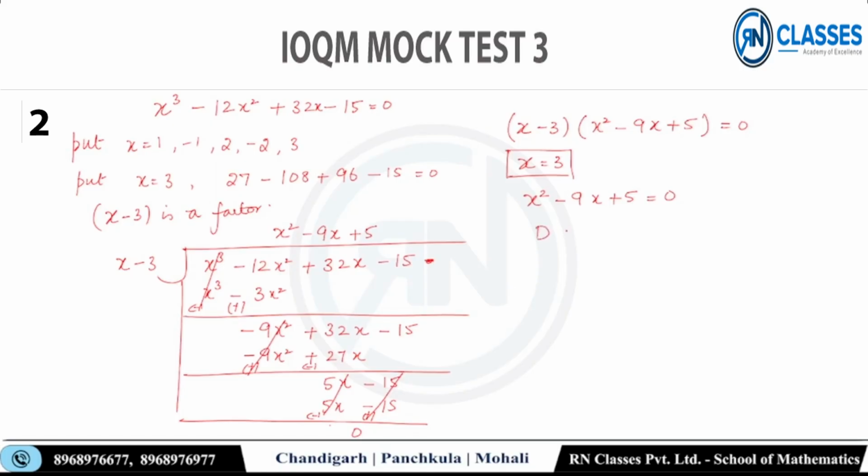आई विल डू इट विद क्वाड्रेटिक फॉर्मूला। लेट्स फाइंड आउट D फर्स्ट, b square that is 81 minus 4 into a that is 1 and c that is 5, so D is equal to 81 minus 20 that is 61, ठीक है। सो x की वैल्यू आ गई -b और यहां पे -9 था तो +9 हो जाएगा, प्लस माइनस अंडर रूट ऑफ b square minus 4ac जो D होता है